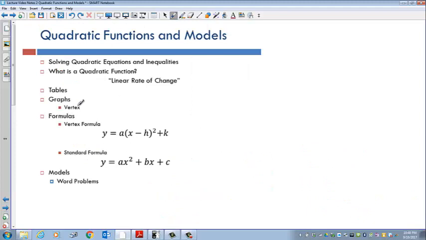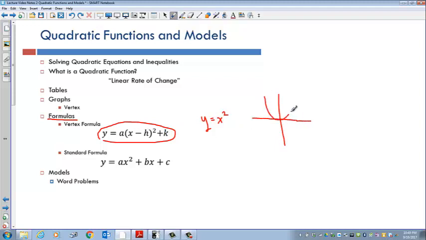So we talked about the graphs here. I want to focus a little bit more on the formulas and kind of where they come from. So if you think about this formula, you can think about this in terms of transformations on y equals x squared. And then it makes it obvious why h comma k is actually the vertex. So if you take this graph like this,